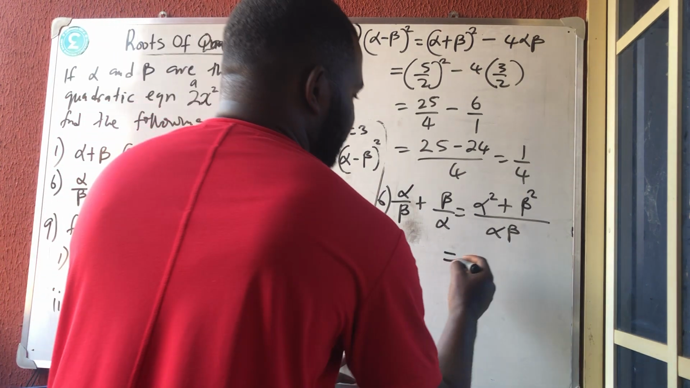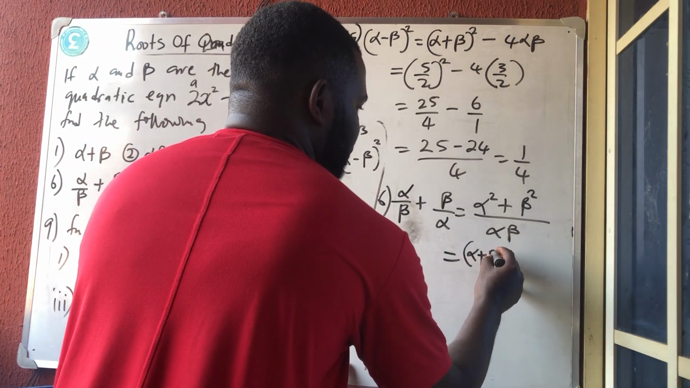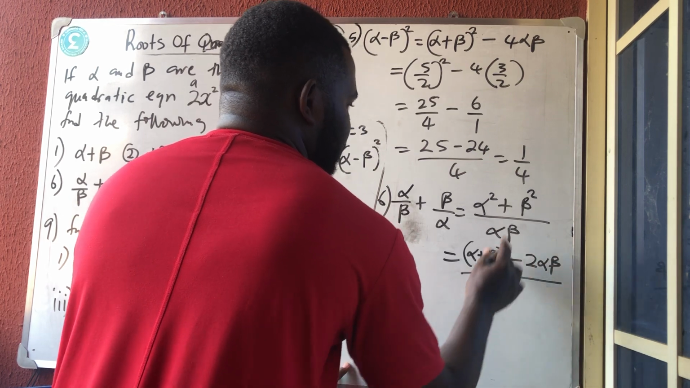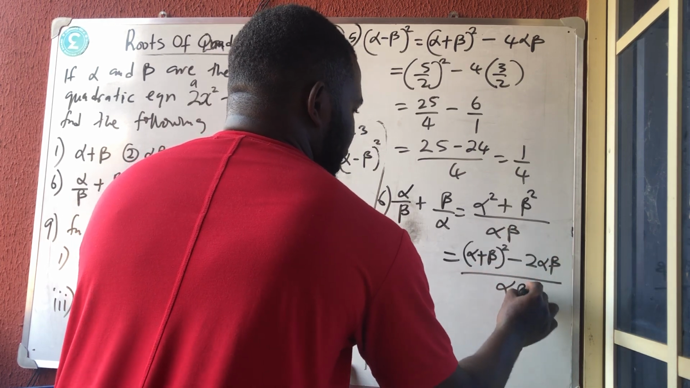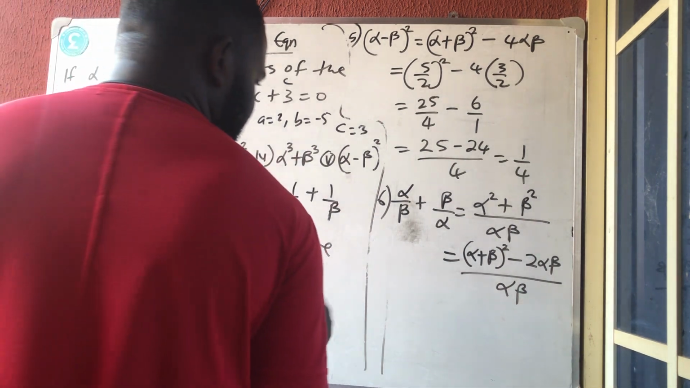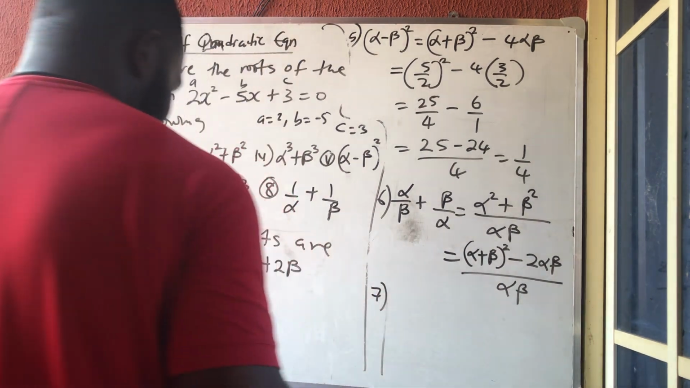Don't forget the formula. The formula is what? Alpha plus beta all squared minus 2 alpha beta, all over this one that is already here, alpha beta. So do your substitution and tell me what your answer is in the comment section. Number 7